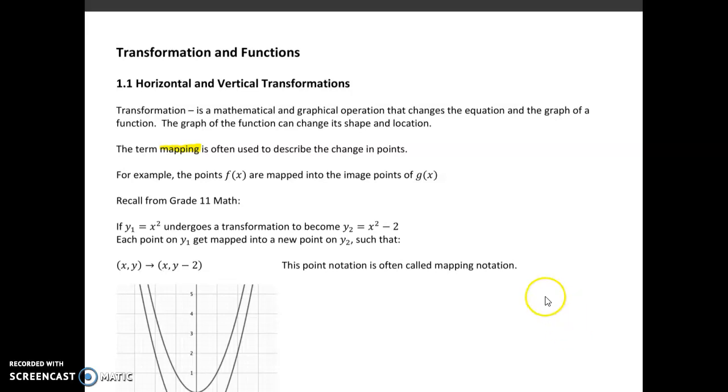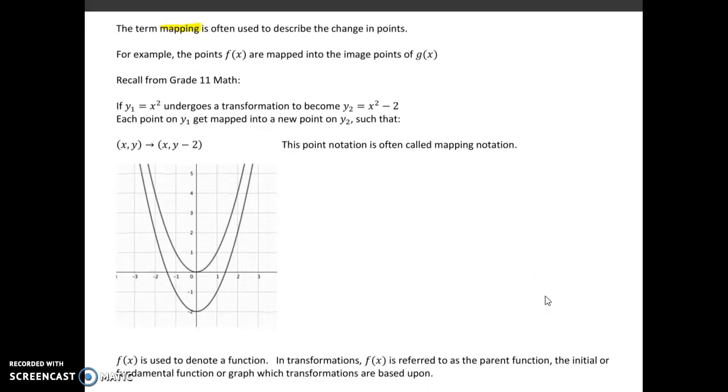So let's take a visit back to grade 11 math. If y1 is equal to x squared, if you can recall, that is going to be this parabola right here. x squared undergoes a transformation to become y2, x squared minus 2. Each point on y1 gets mapped into its image point on y2. Now, such that